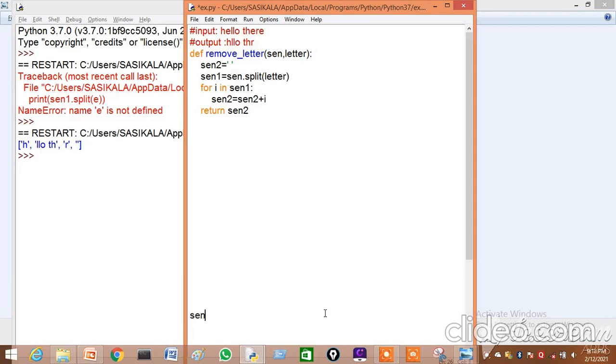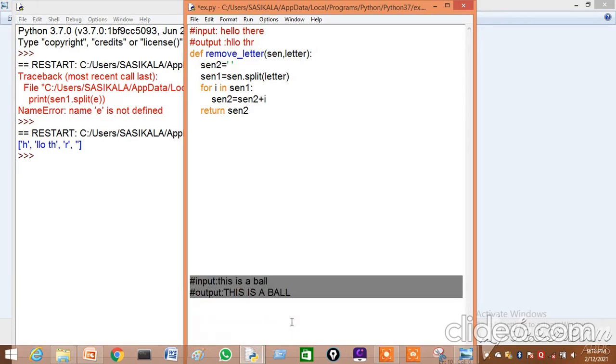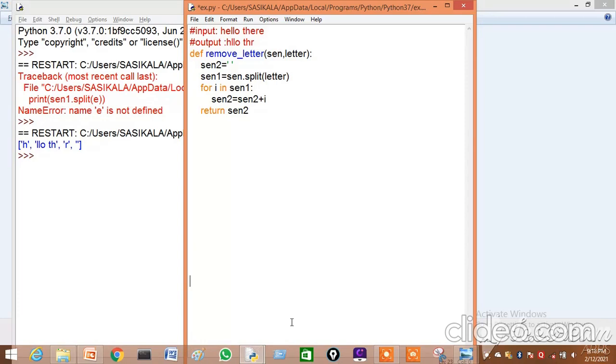Then here is the function declaration, everything. Now let us take the input from the user. Sen is equal to input of "enter a sentence". Then we have to get one more input.